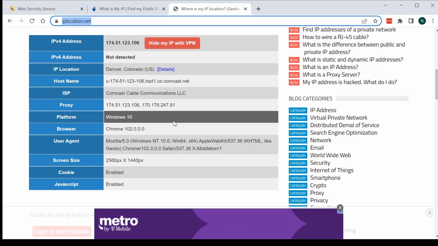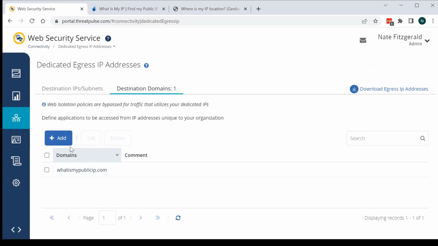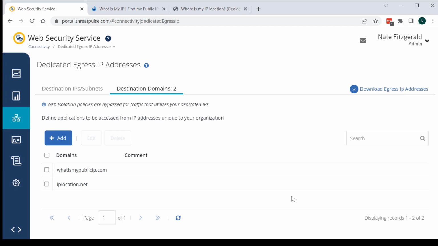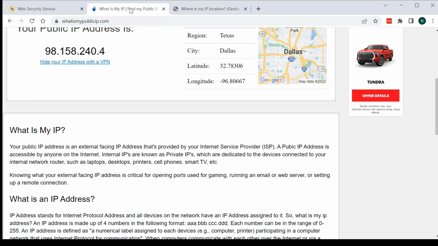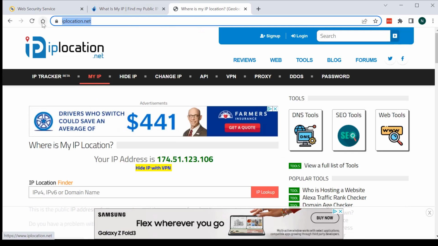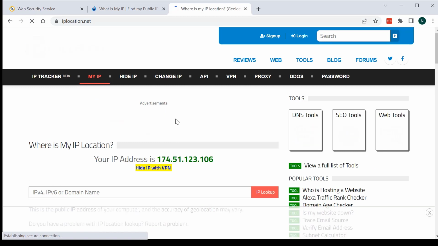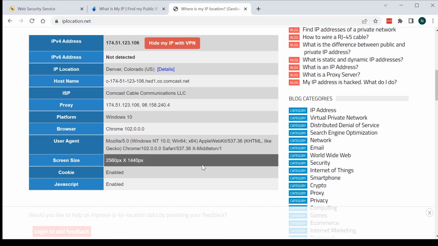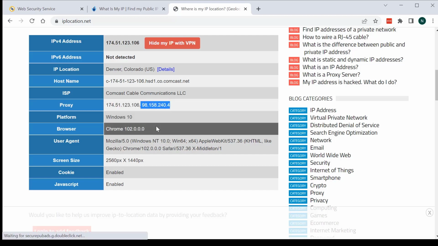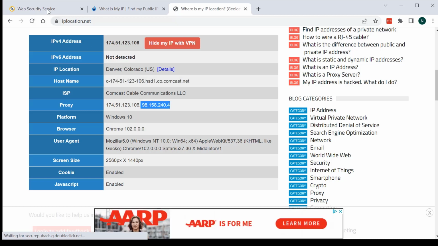But if we wanted to send it through the dedicated IPs, just like the first one, we could easily do that and just add it to the list. We'll add the whole domain. And then in just a few seconds, this one will also be ready to go. So this one's already going through the dedicated IPs. This one is not. And we'll see if that has applied yet. And it has. So you can see here, we're coming from the dedicated IP. That's how quick and easy it is to convert a destination host from the shared IPs to the dedicated IPs.